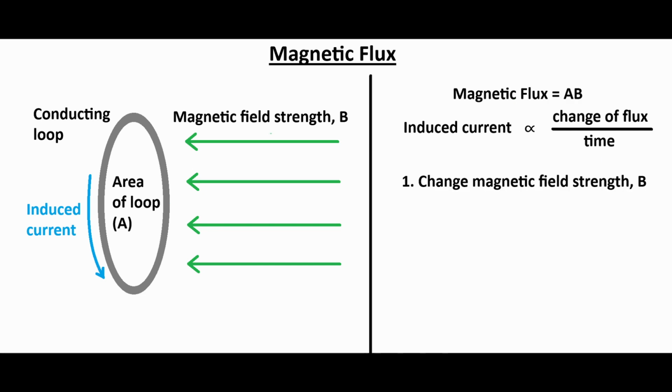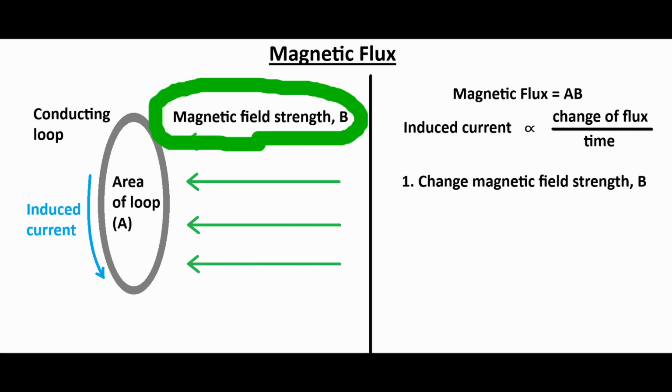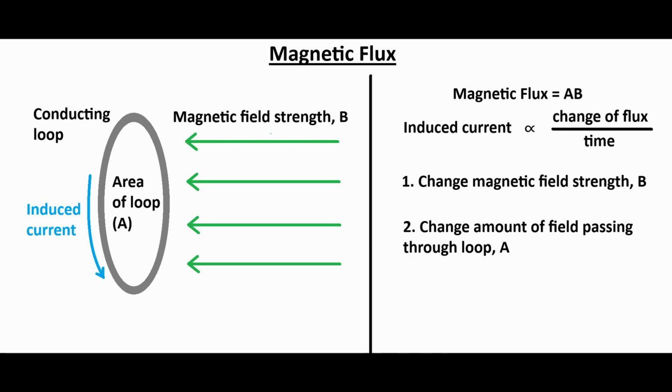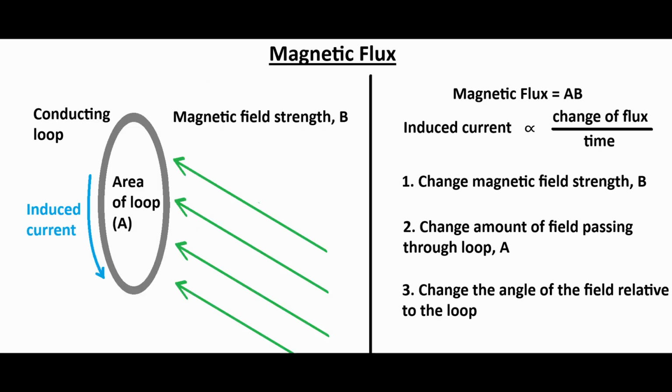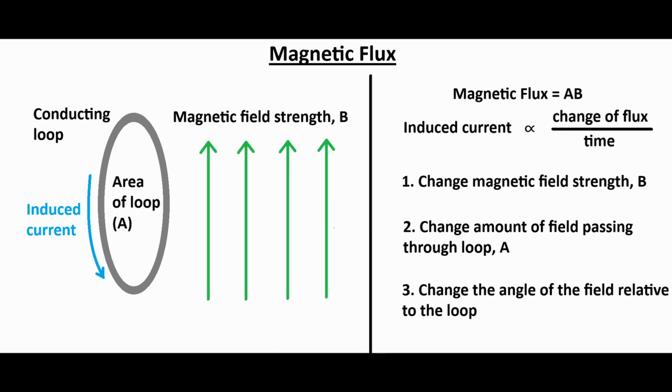First, we can explicitly change the magnetic field strength passing through the loop. Second, we can change how much of the magnetic field passes through the loop. This can be done by physically changing the size of the loop or redirecting how much of the magnetic field goes through the loop. Third, we can change the angle by which the magnetic field passes through the loop. A narrower angle will make the area appear very small relative to the field lines passing through. If the magnetic field is in parallel to the face of the loop, that's equivalent to having no magnetic field